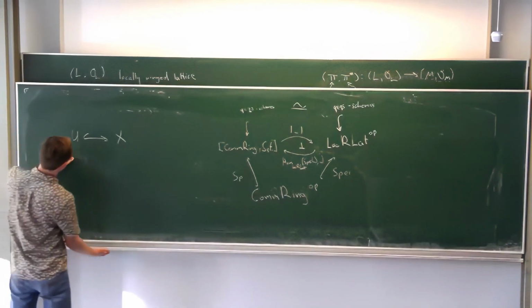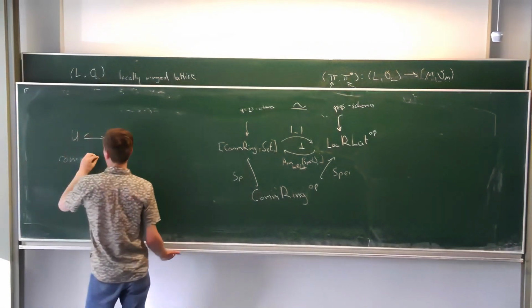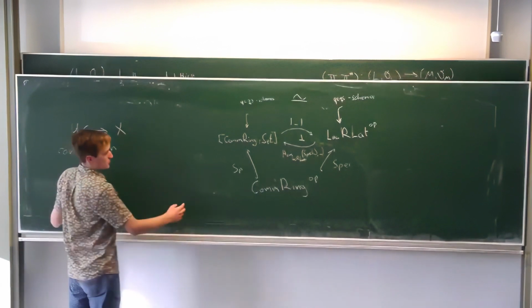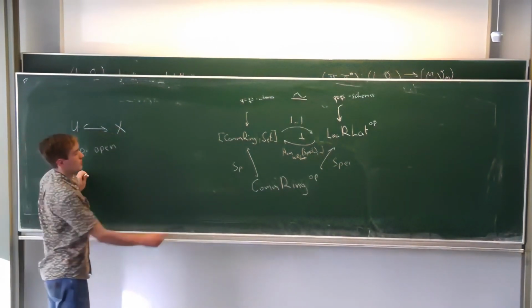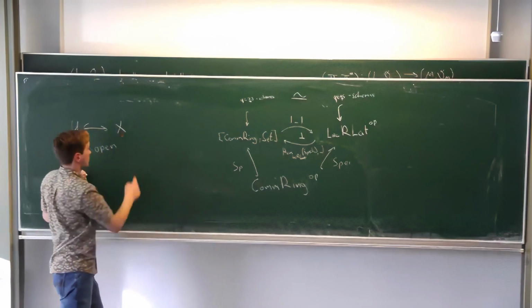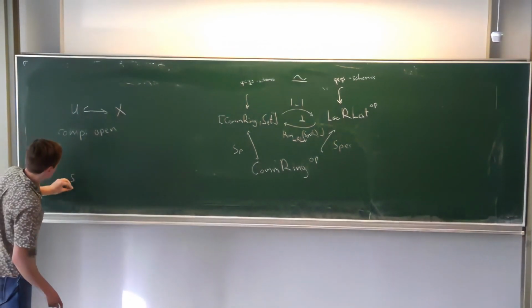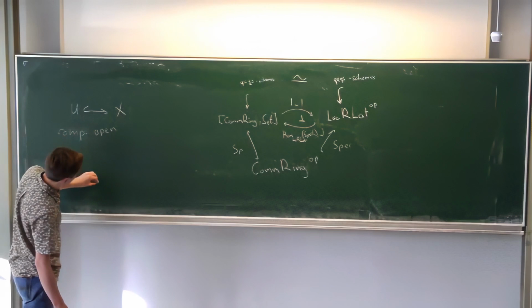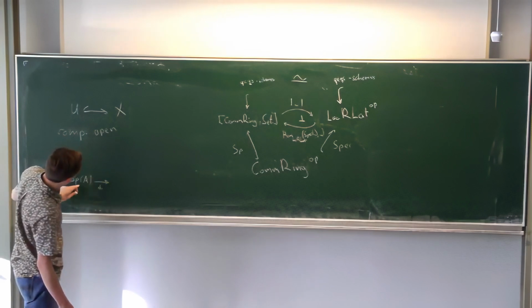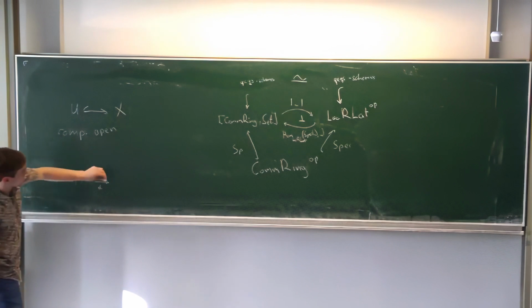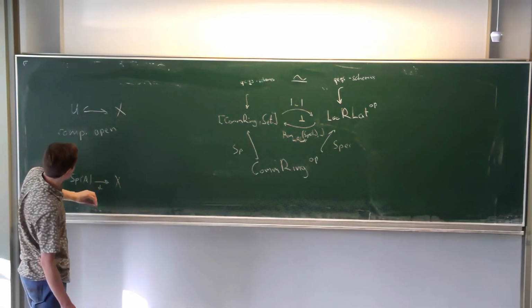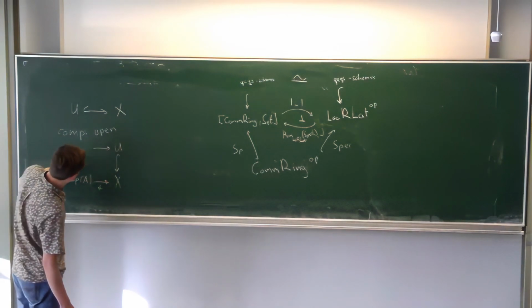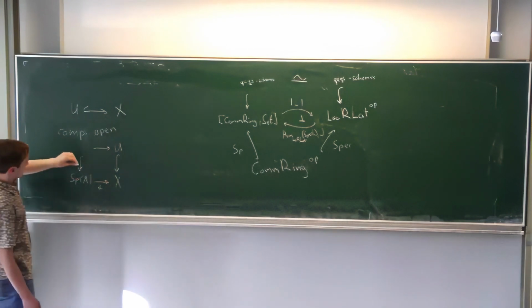This is said to be compact open if, for any commutative ring A, we look at the A-valued points of X. This will be the same as a natural transformation from Spec of A to X. If we take the pullback of U here, then this will be